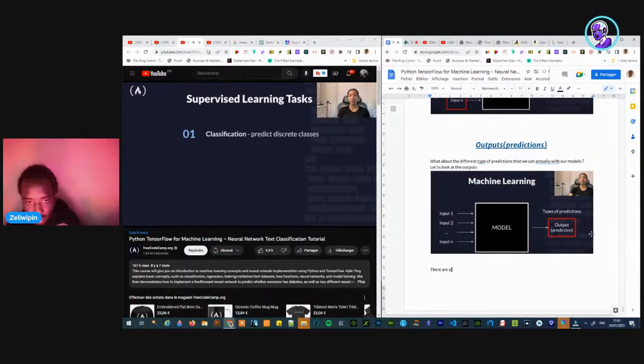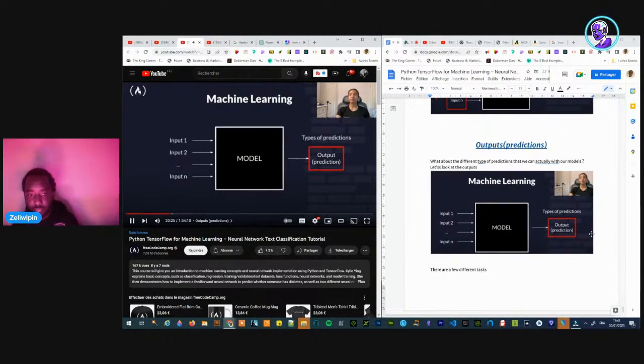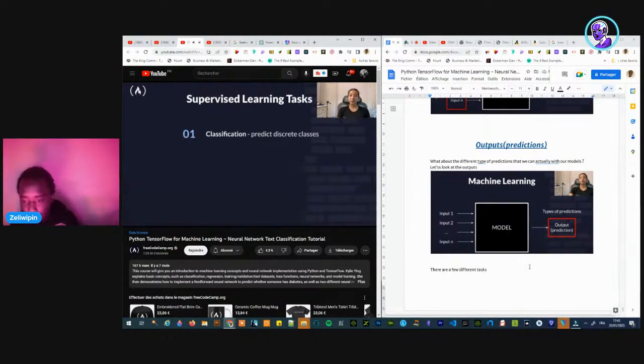There are a few different tasks that we have in supervised learning.